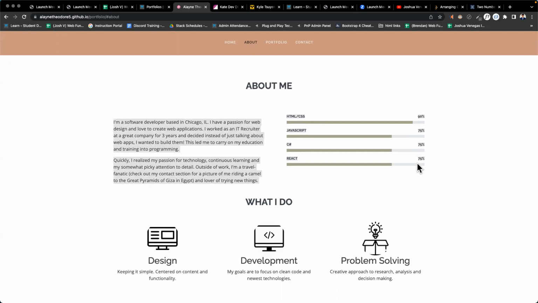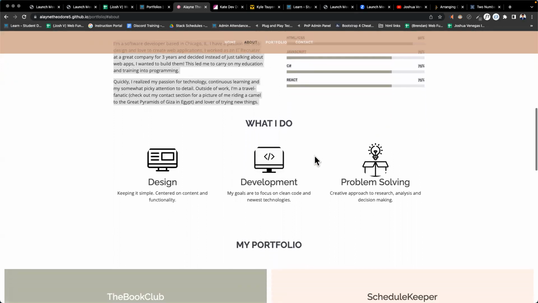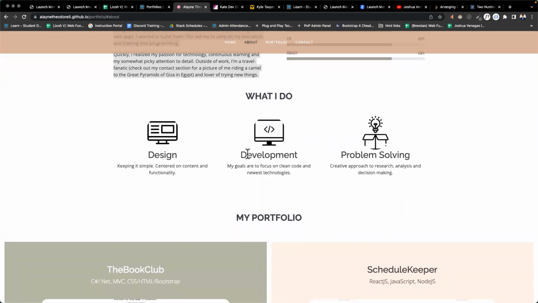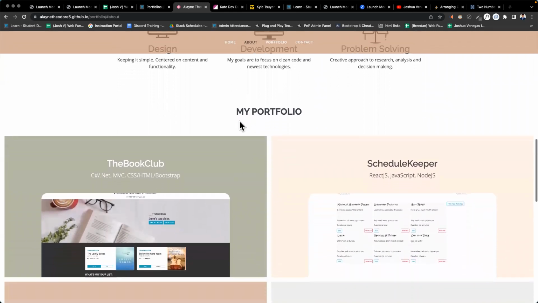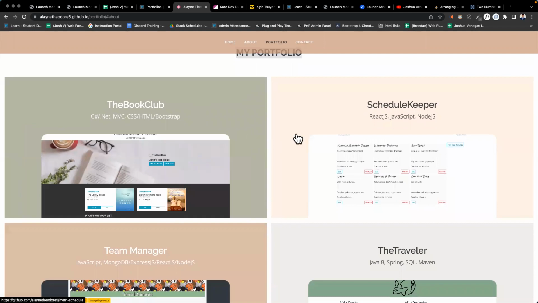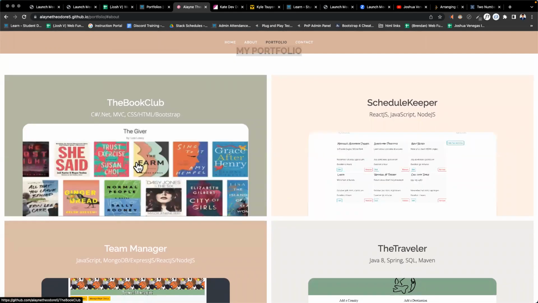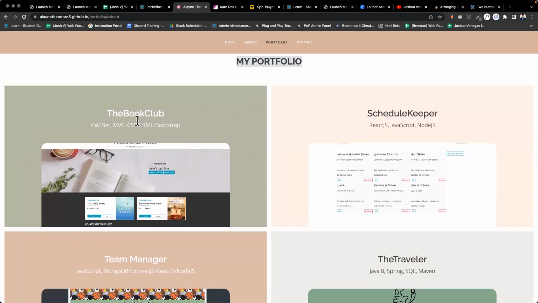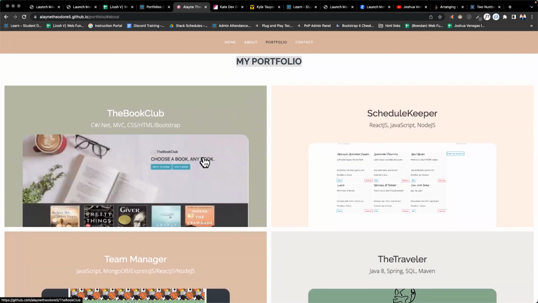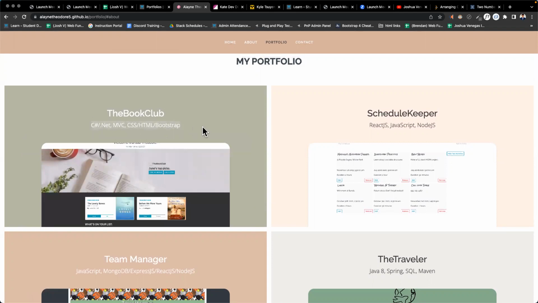is 90%, 75%. You can easily make this using HTML or CSS, right? You make these bars, you make the width 75% or 90% of that whole entire space they can take up. Make them different background colors. What I do, and she has different logos here, set in the middle of the page. H1 or H2 in the middle of the page here, and then sections of different links to her work, the book club website about books. This is the technologies that she used.